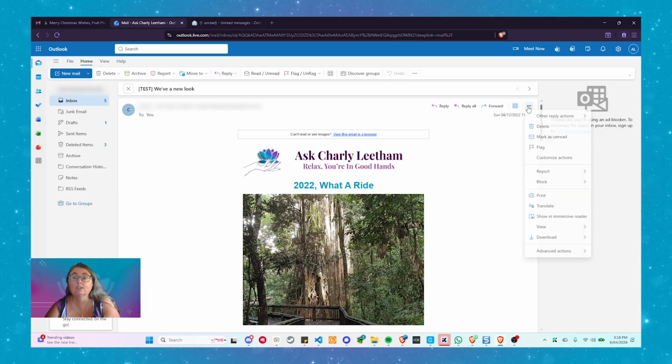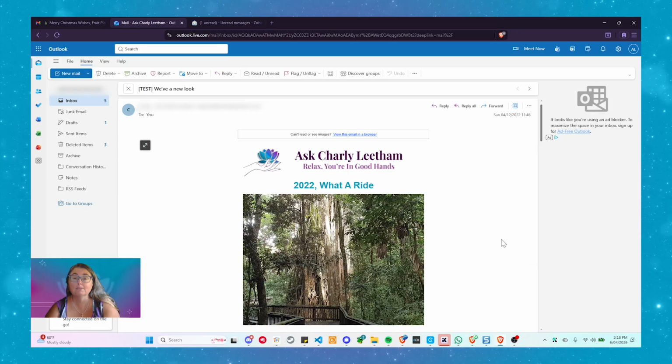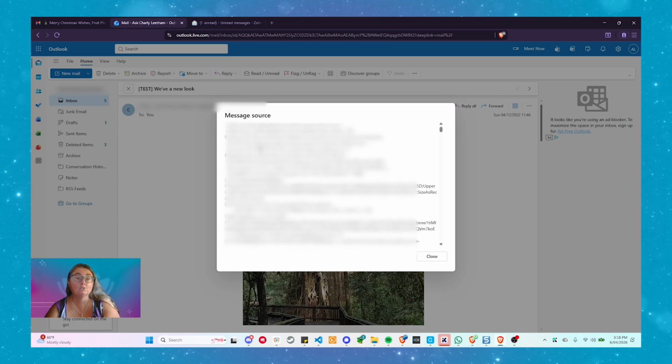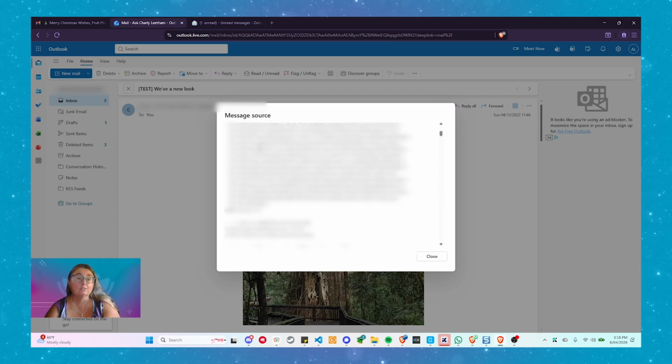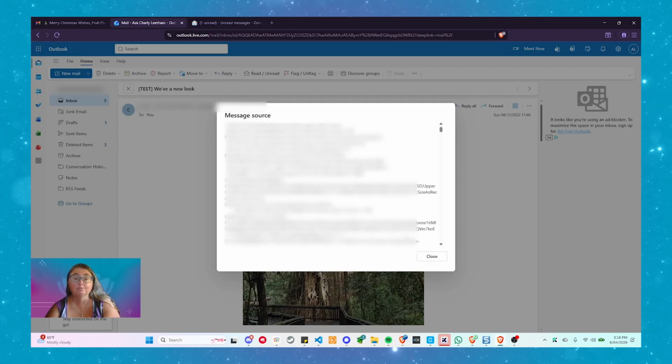Mouse over it, click on that and come to view. View will let you open it in a new window, or you can look at the message source. The message source is what you want, and that gives you the headers that you're looking for. So again, you can copy those, paste those into a text file and forward them off,